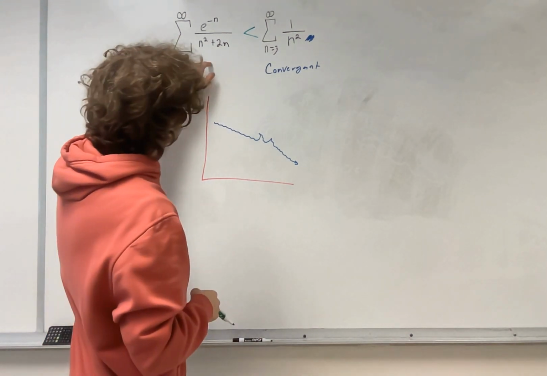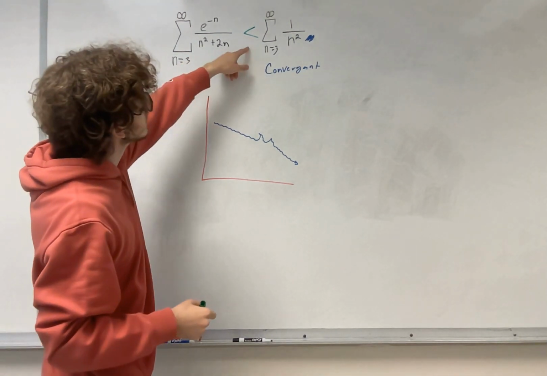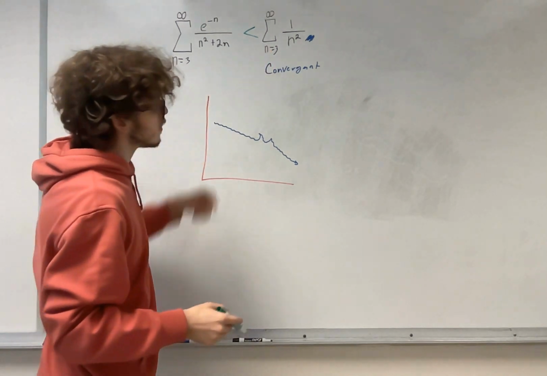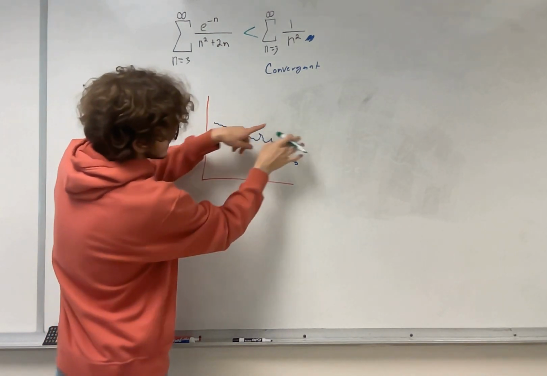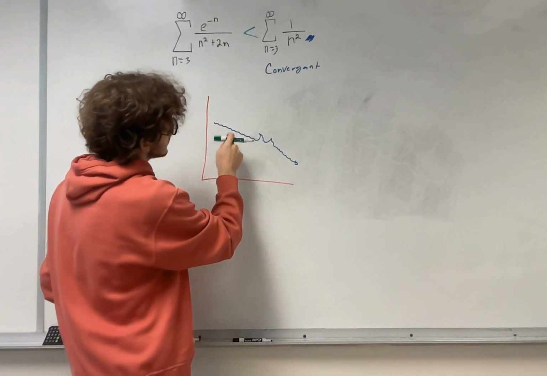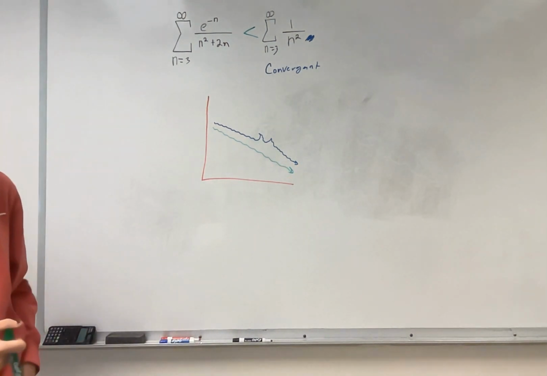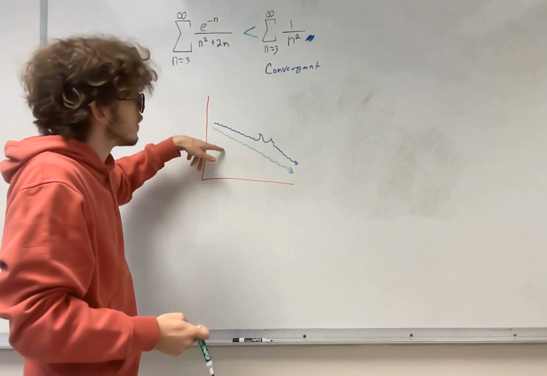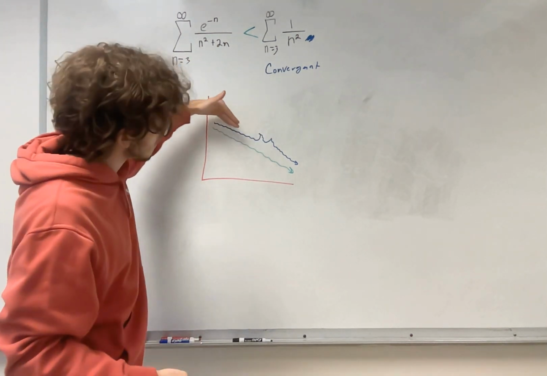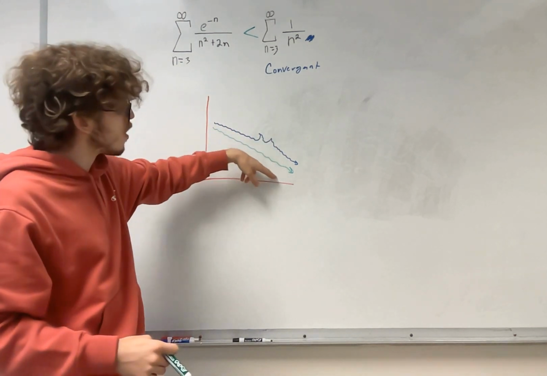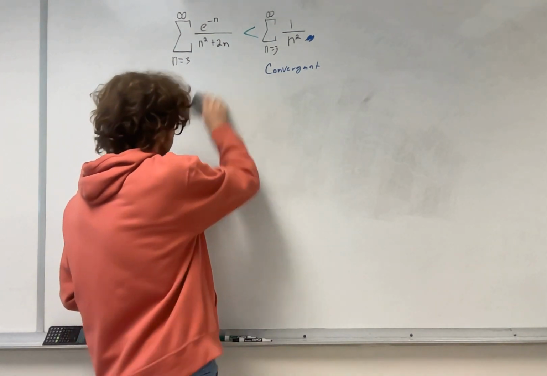Okay, now let's say this one converges. This one's converging as well because it is less than this one. Basically how I show this is I say, okay, it's never going to be able to escape the bounds of this function here, so it's always moving down. Therefore, it's also converging. If you look at it like functions, every partial sum is less than this one, and if this is converging, it's going to squeeze it down, and it will also be convergent. So what we can say here for our answer is